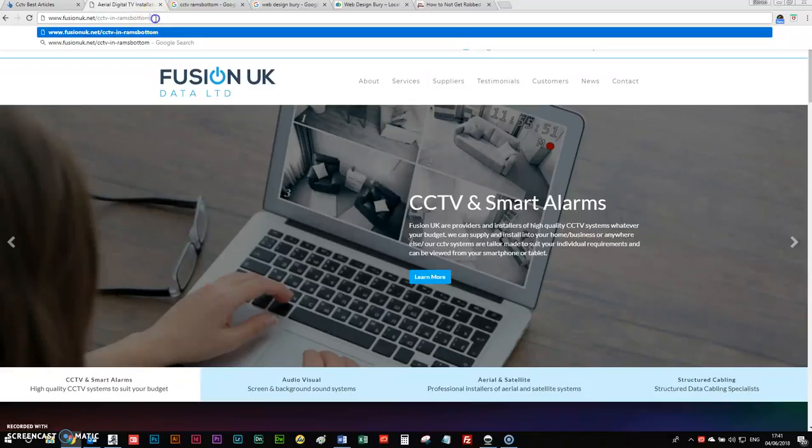because that's probably the main keyword. That's the one that's going to get searched the most by people. That and CCTV company in Ramsbottom, or CCTV installer in Ramsbottom. So once we've got our page created,